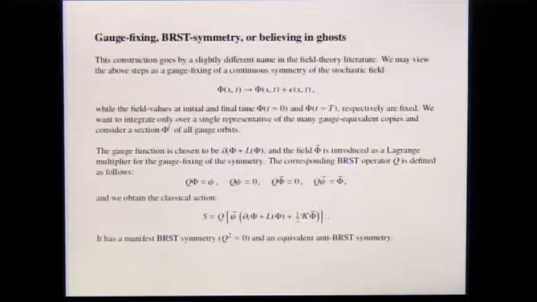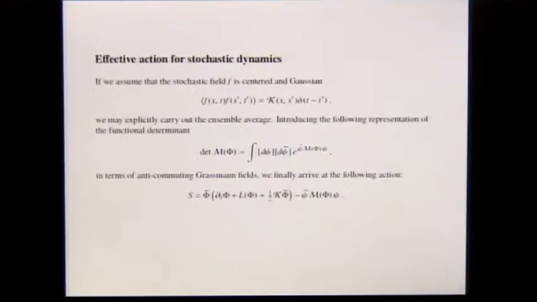So this is what we call gauge fixing, and if you do this gauge fixing by a gauge function which takes this form, our original equation of motion, implemented via phi tilde, which is the Lagrange multiplier field, we arrive at this action. Now, you see it has the same field content. It has the psi tilde field, phi, and phi tilde field.